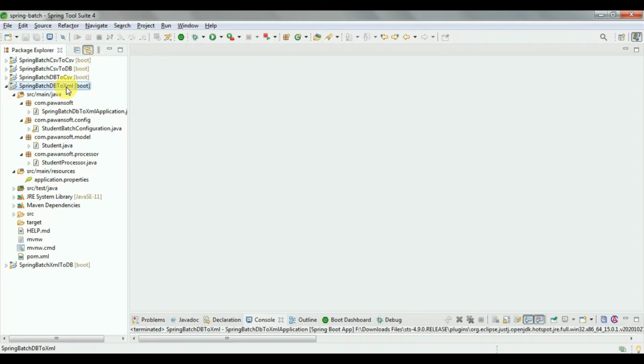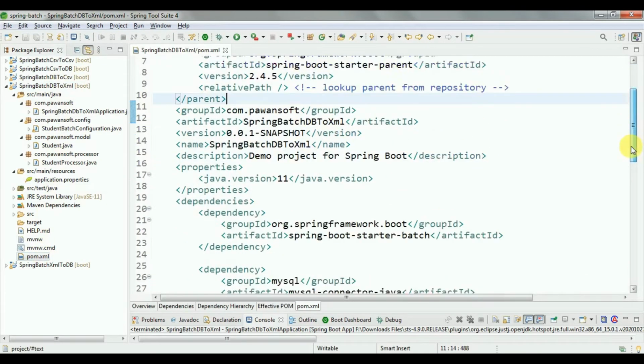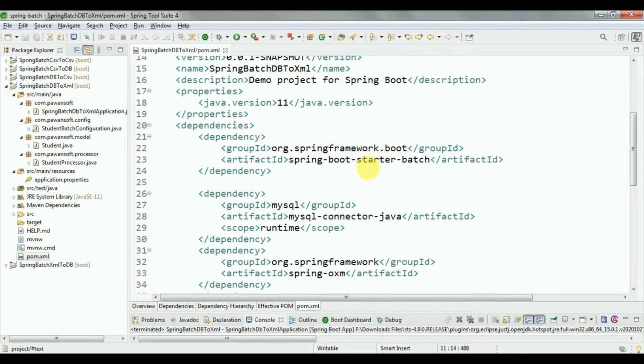When you create the project, in pom.xml you have to add the dependencies. First the Spring Batch dependency, and then to read the data from the database you have to use the MySQL dependency.